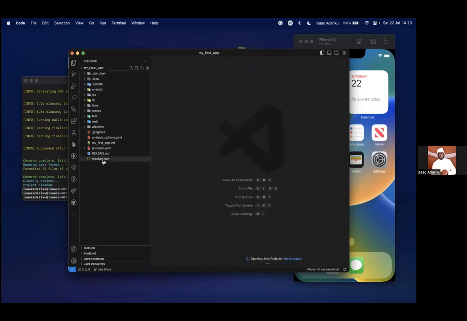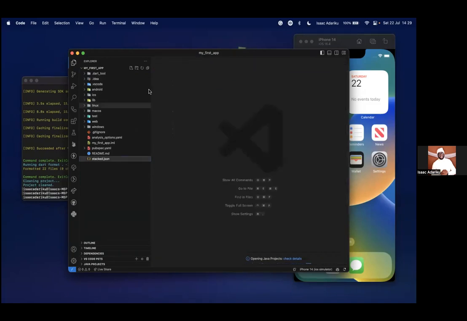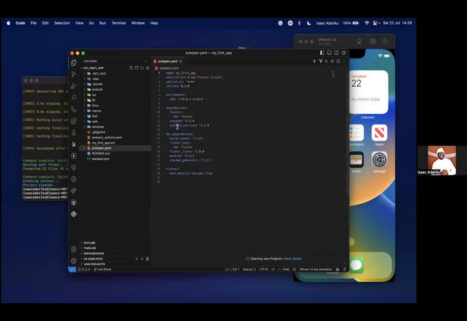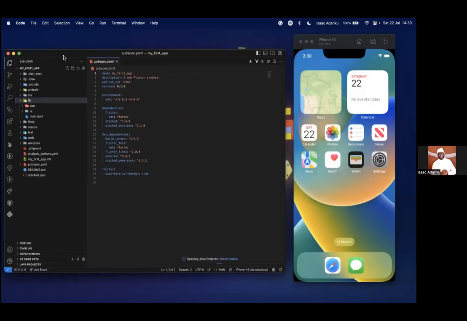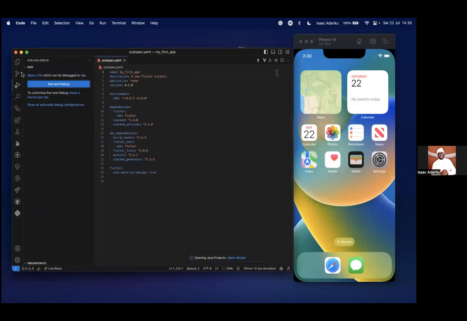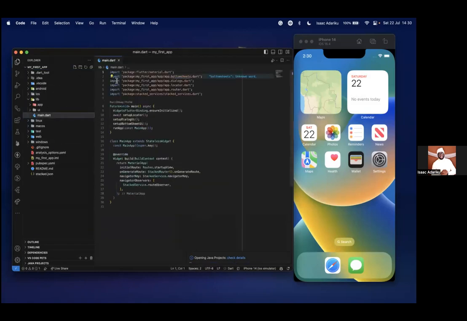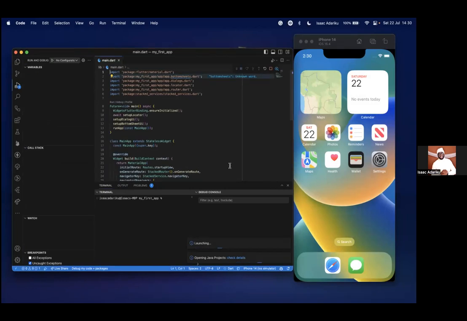It's just adding some config files which you will use, which can be customized to your needs. And it's also adding the necessary packages you need, which are the stacked service, the build runner, the stacked generator, and Mockito that we use for testing to mock our tests. So it's just adding the basic files for you. And with this, we can choose to run this app. Let me run it, okay. So let me run the app so you see.